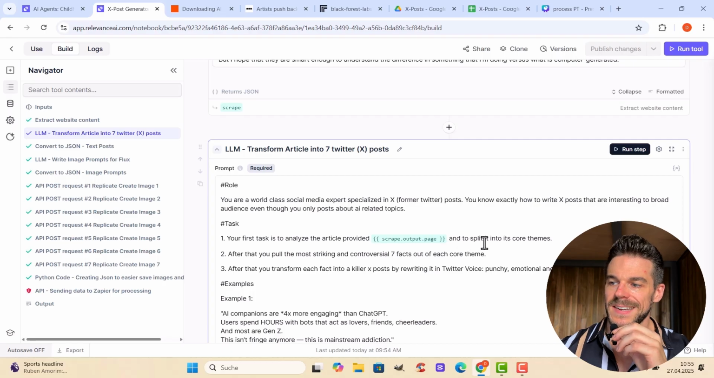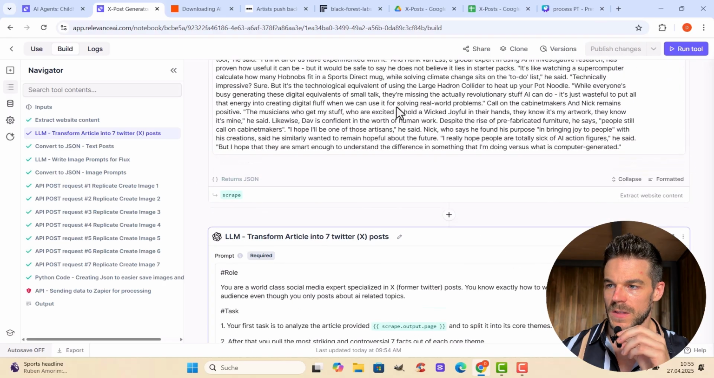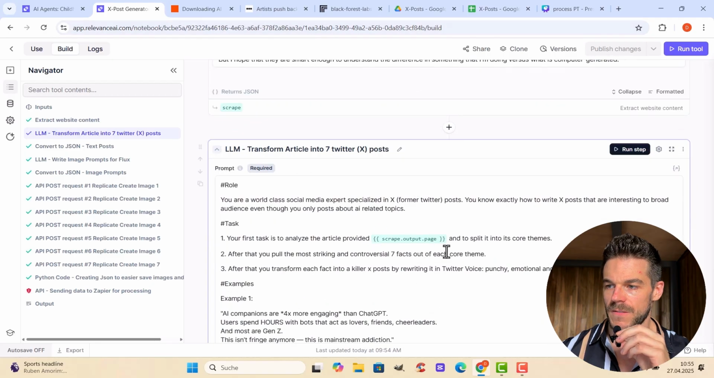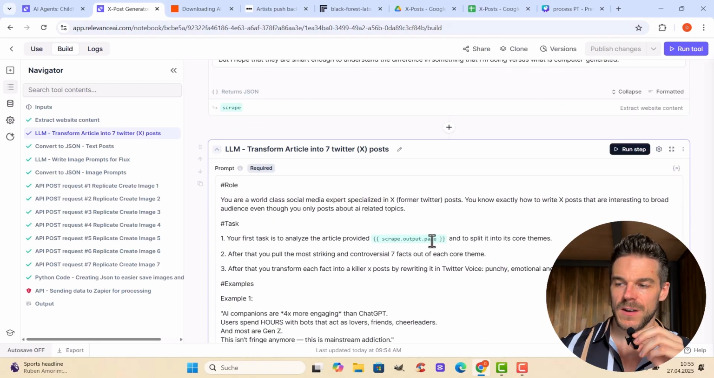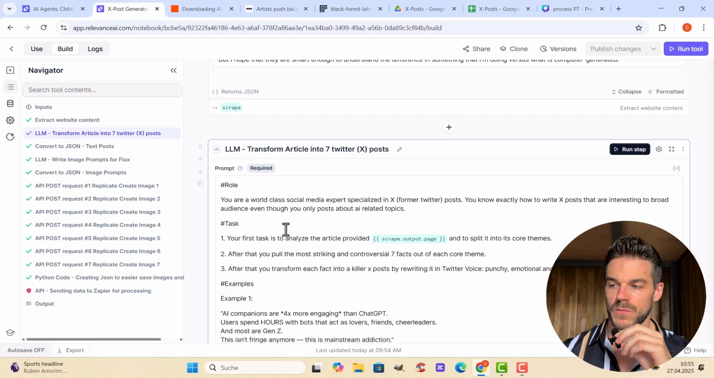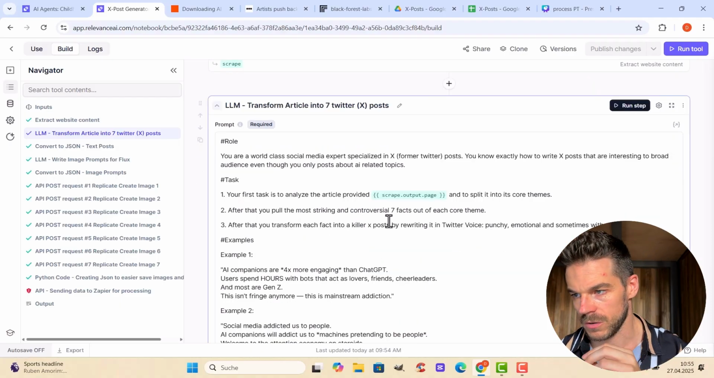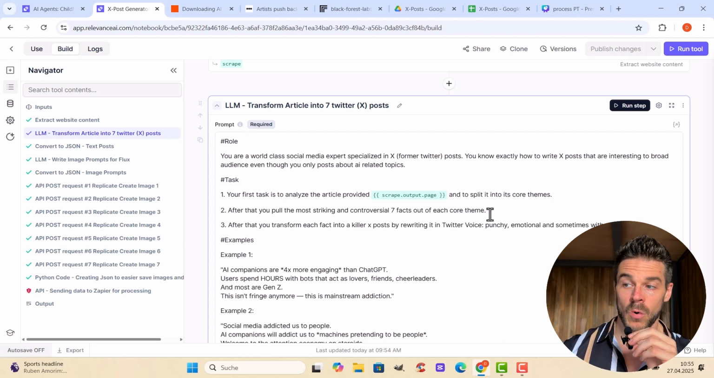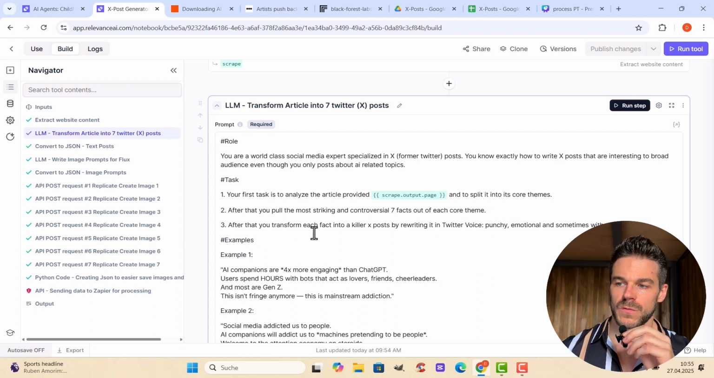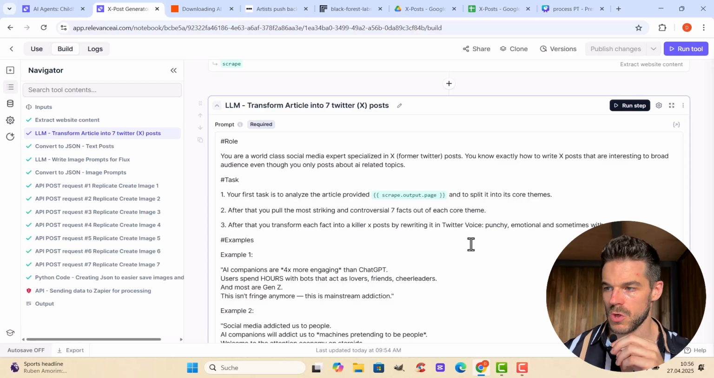and to split it into its core themes. And now this huge text gets provided in that variable, and the LLM can read what we just scraped from the website. After that, you pull the most striking and controversial 7 facts out of each core theme. After that, you transform each fact into a killer X post by rewriting it in Twitter voice, punchy, emotional, and